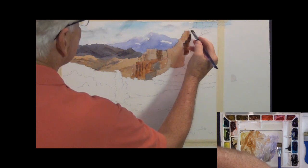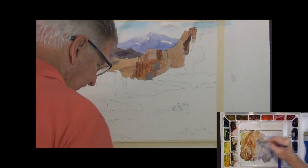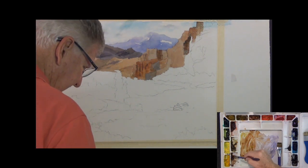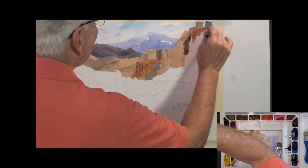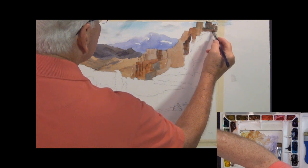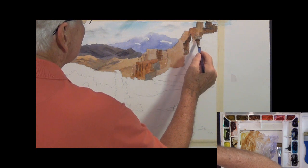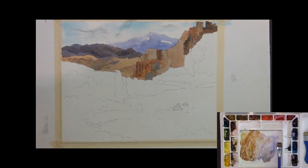Back over here, let's see, we got a ton of stuff going on up here. We still got a lot of painting to do. Let me get moving over here. This area up here is very dark. It goes right off the top of the paper, and then we leave a little spot for the sky to stick out. I'm leaving some dry brush up here too. It's just simple brush strokes, folks. It's nothing exotic here, just a combination of dry brush and